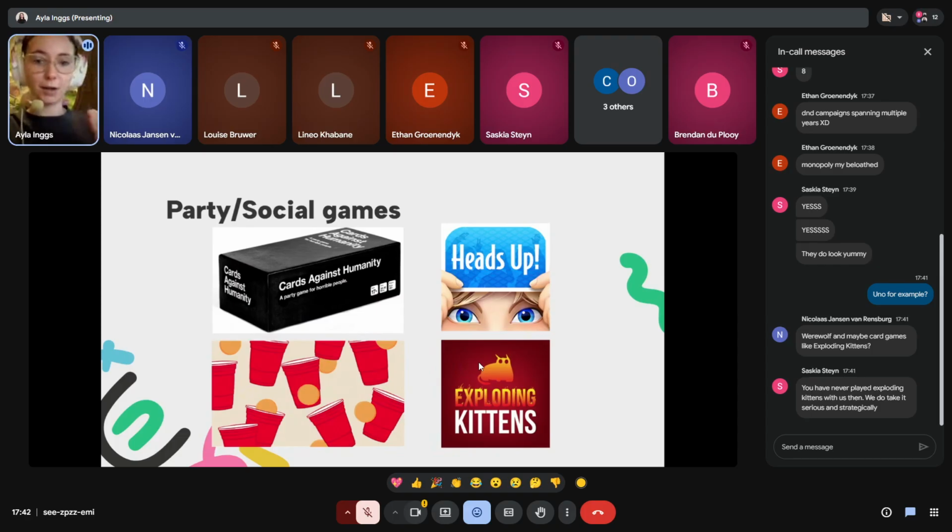Beer pong is a great example. This is also an example of a physical one, but I've included it here as a party social game, just to give you another way to think of an alcoholic beverage being introduced into a game, and how it's a quick setup with quick rounds. There's not a lot of rules. You just throw the ball in, you're winning. There are a few rules like the elbow over the table, but those are relatively simple to understand. It's easy to set up. I think the thing that takes the longest is probably just pouring whatever alcohol you're putting in the cups, or whether that's apple juice, in my case, that sort of thing.